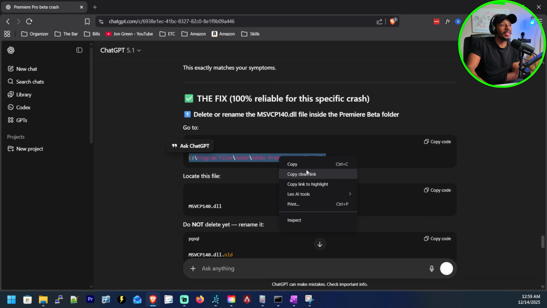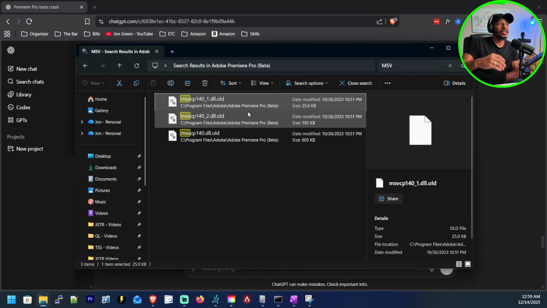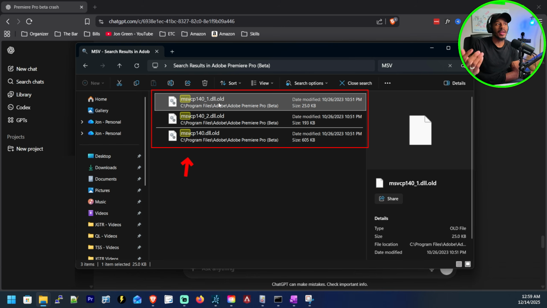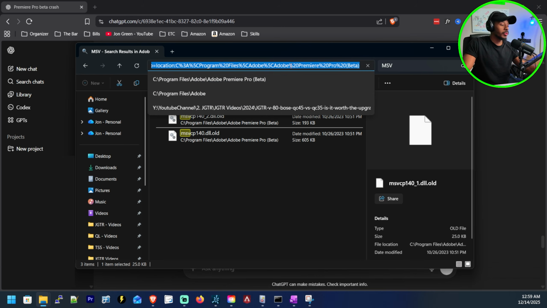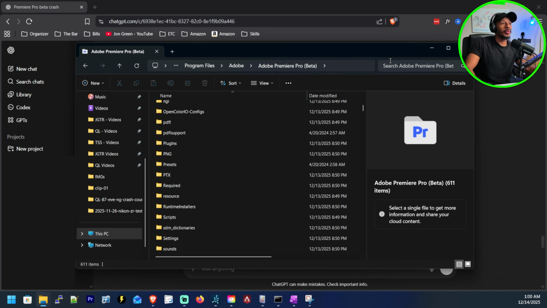So ChatGPT wanted me to go to this directory in File Explorer. It said the error that I was getting essentially meant that Adobe Premiere was trying to launch the application using this file that was baked into the Adobe Premiere Beta file location instead of using the default Windows directory. So it wanted me to go to this directory, which is Program Files, Adobe Premiere Beta, or locate that particular